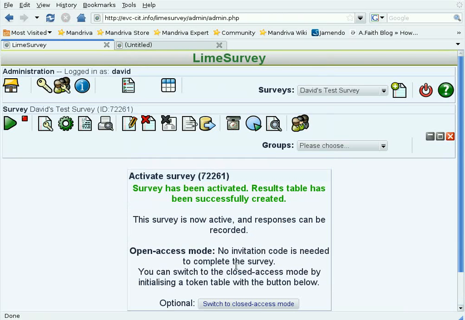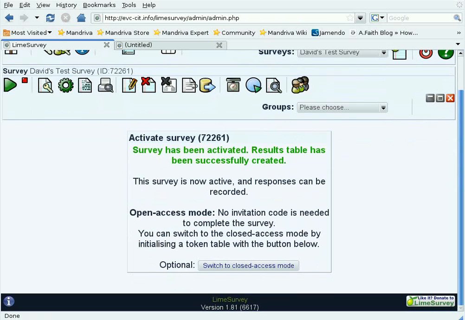When you activate the survey, it says that the results table has been successfully created. And this, by the way, is a survey ID number right here. It says here that no invitation code is needed to complete the survey. That means this survey is open to the public. You could